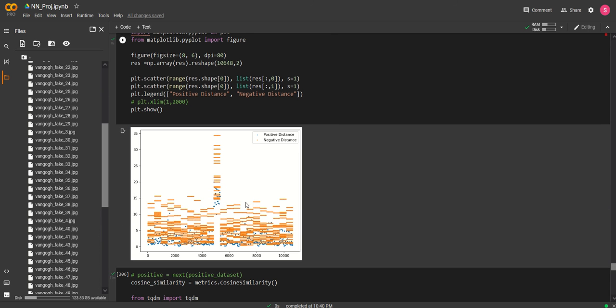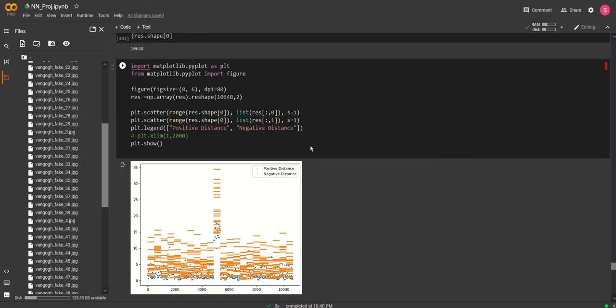It can also be visualized through this graph here, where the orange is the negative distance. So in most of the cases, the negative distance is higher than the positive distance. Yeah, so that's about it. More details are